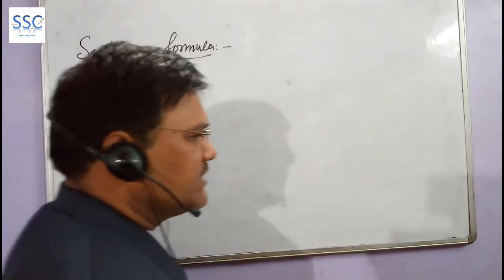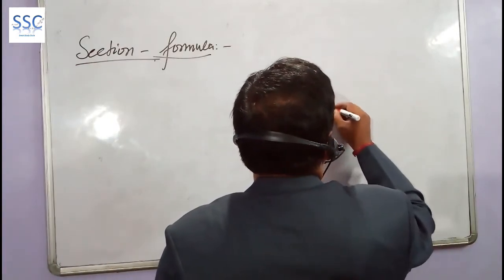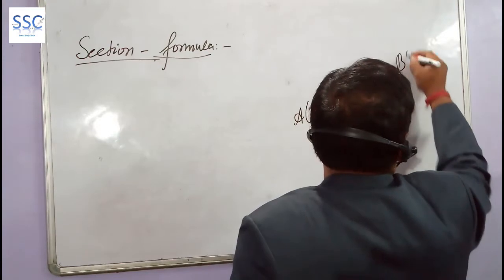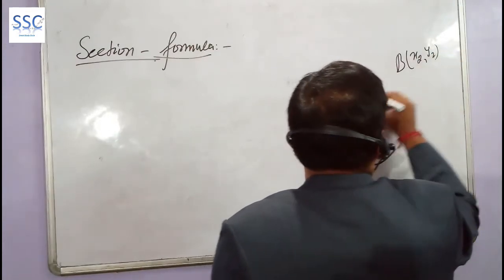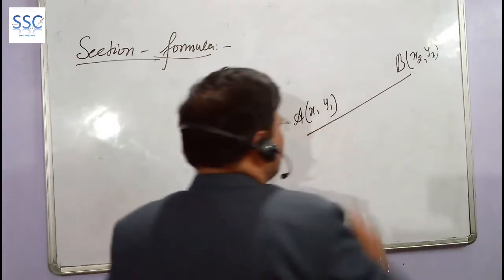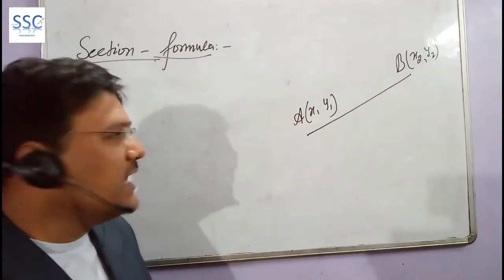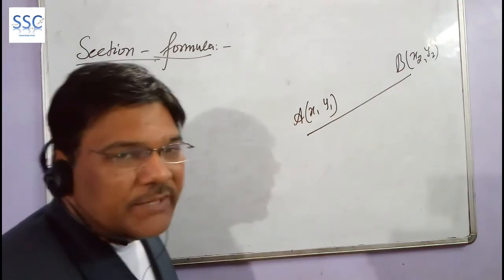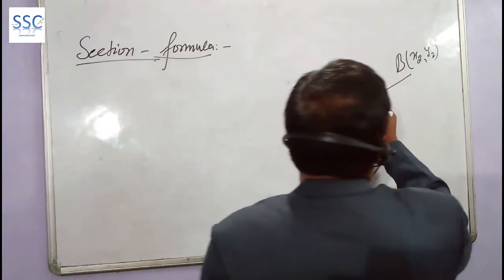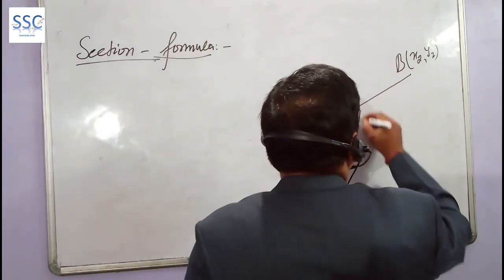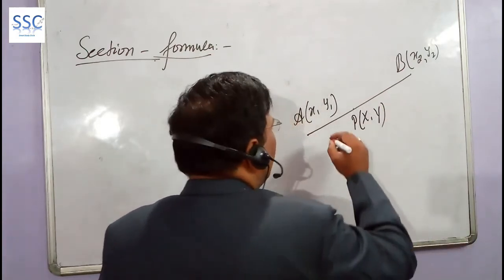What is the section formula? We have two points again, A with coordinates (x1, y1) and another point B (x2, y2). So AB is a line segment. From geometry, you know that one line can pass through two different points. A and B are two different points, so it is line AB. Anywhere on AB, there is a point P whose coordinates are capital X and capital Y, which divides it in